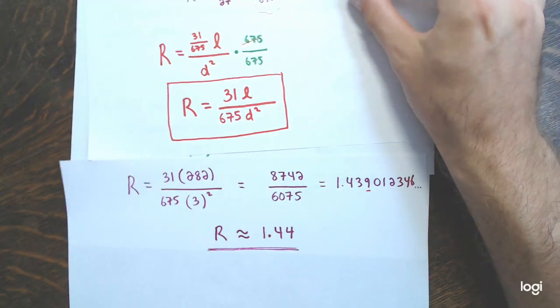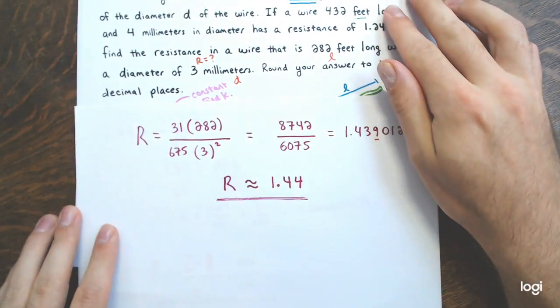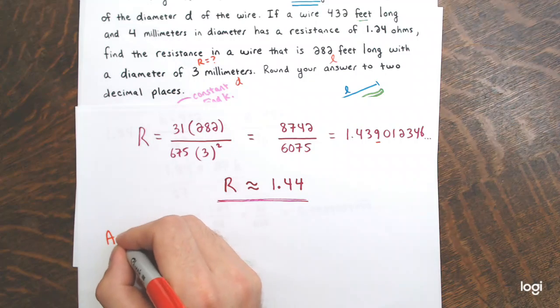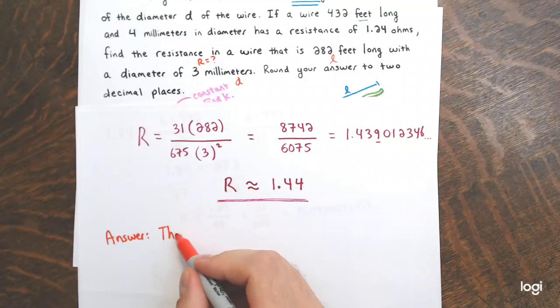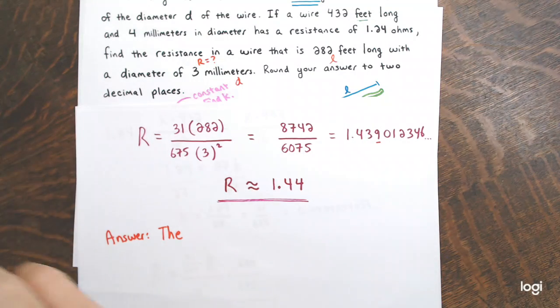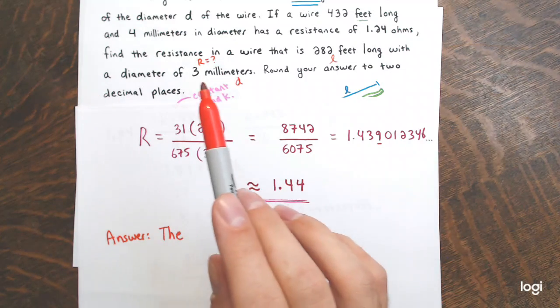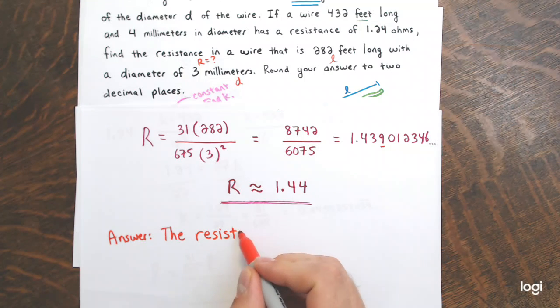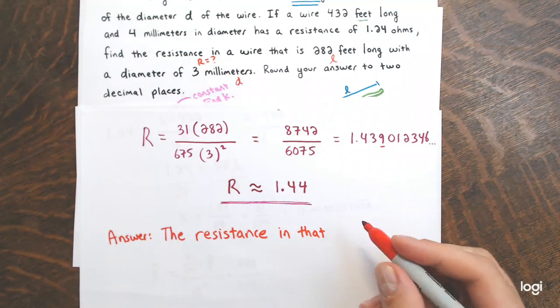So back to what we were asked for, they said find the resistance in this wire that is 282 feet long with a diameter of 3 millimeters. The way I would answer this question is: the resistance in that wire, right? Or you could say the whole thing, write out the resistance in a wire that is 282 feet long with a diameter of 3 millimeters is, but I'll just say the resistance in that particular wire, that wire